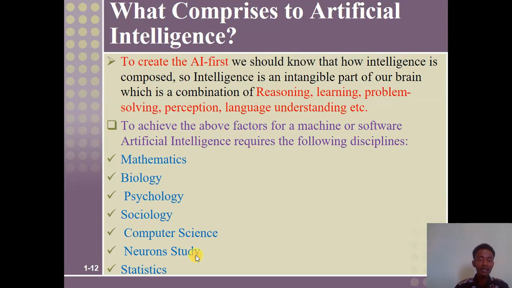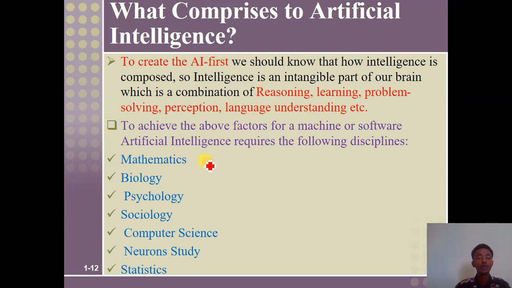So what kind of principles are there to create an artificial intelligence which will be able to reason, learn, solve problems, perceive stimuli from the environment, and understand the language that we speak? So in order to develop a machine or artificial intelligence which is able to behave with the ability that we have naturally, like reasoning, learning, problem solving, perceiving the environment, and understanding our language,